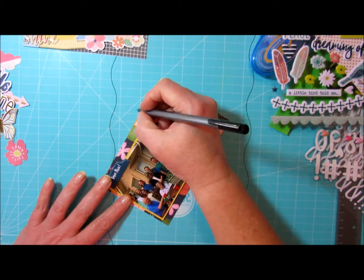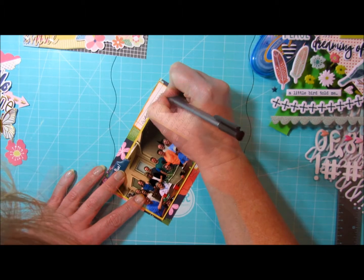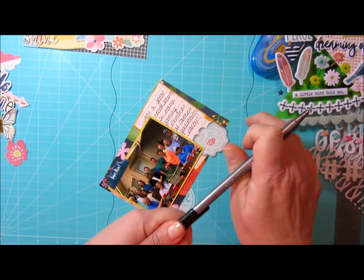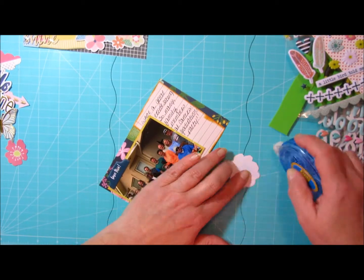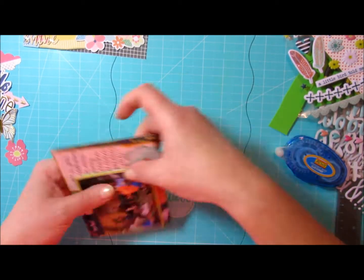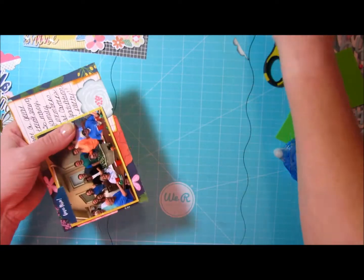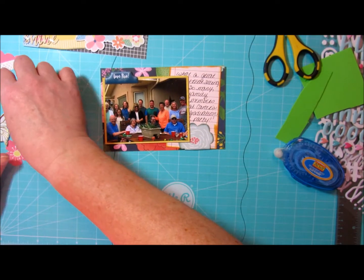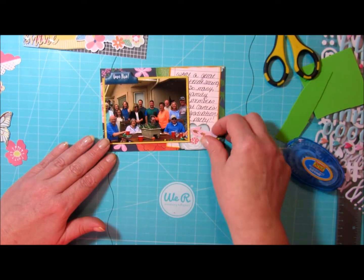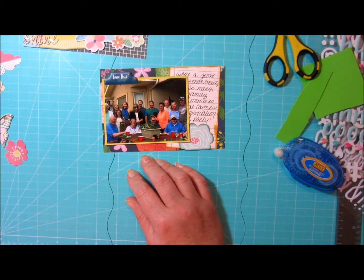So I'm going to go ahead and do some journaling about how great it was to hang out with my family, and then I'm going to add that flower piece down there. And I really like it when the pieces like that hang off the edge, and that's what I end up doing actually with quite a bit of the flowers in this kit. So I just trim them off, ink the edges, and then I think I'm going to go back and try and see if there's some other embellishments I want to add, but I end up ultimately deciding on just using some of the